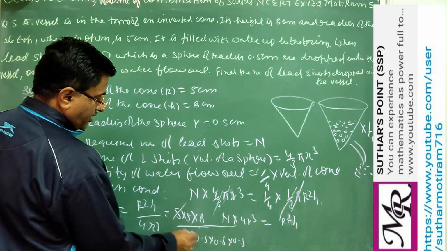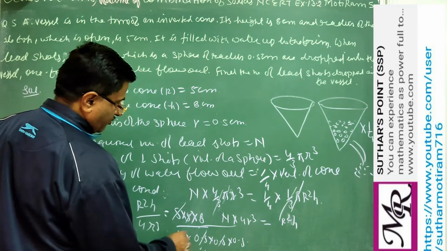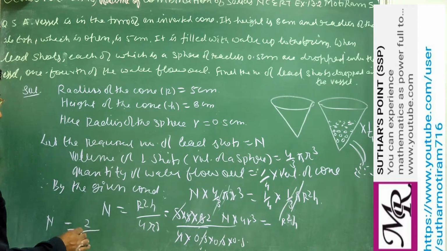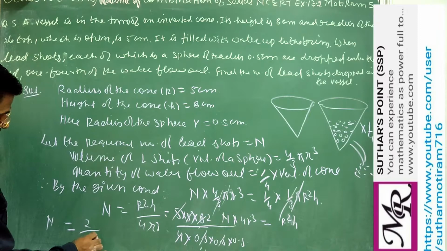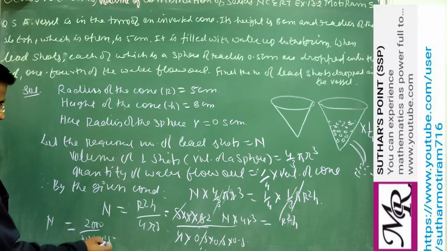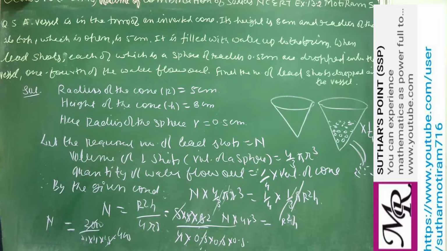So 5, 1 cancel this to 0.1, 5 second cancel to 0.1, 4 will be 2. So n equal to what? 2 upon 0.1 into 0.1 into 0.5. So if you remove the point, there are 3 zeros. So 1 into 1, 1, that is 500. 5 divide this, 400. So we get the n equal to